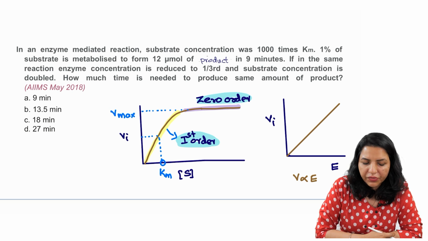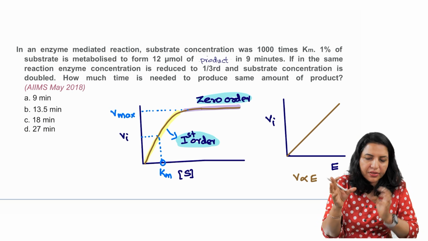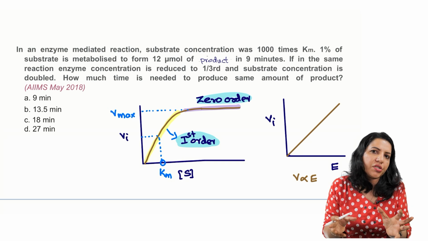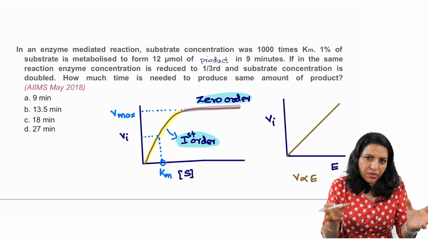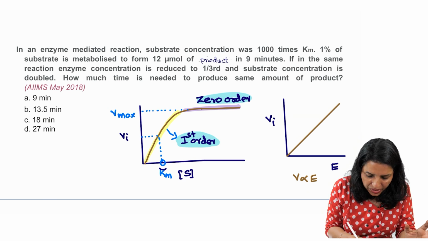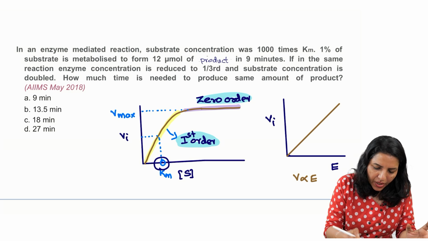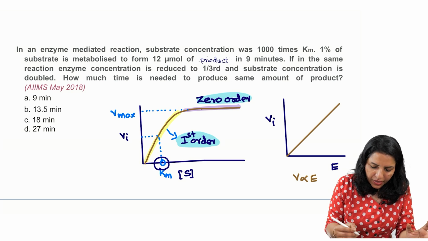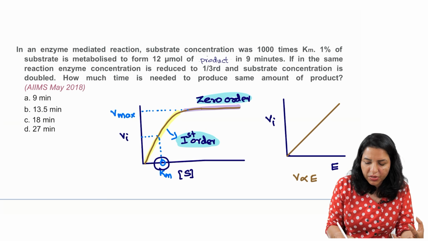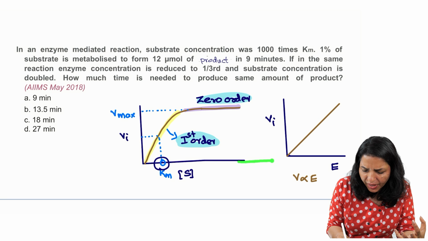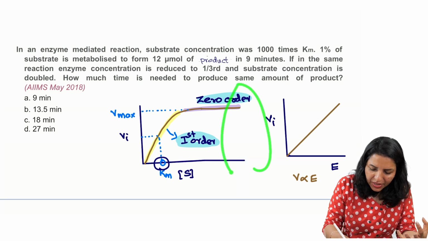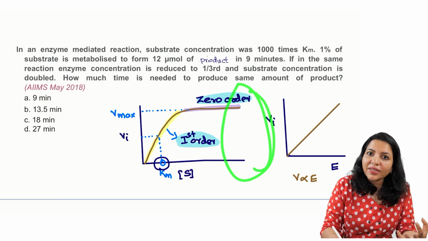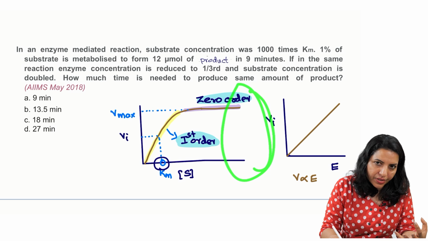So the last question which I want to discuss is about a question on enzyme kinetics. So we know that this is an enzyme mediated reaction, and in this question it is given that the reaction mixture has 1000 times Km. What do you mean by this 1000 times Km? So we know this is the Km value. Now if 1000 times Km is the substrate concentration, it means it will be very far away, which means at 1000 times the Km in this reaction mixture, the kinetics that is followed is a zero order kinetics,